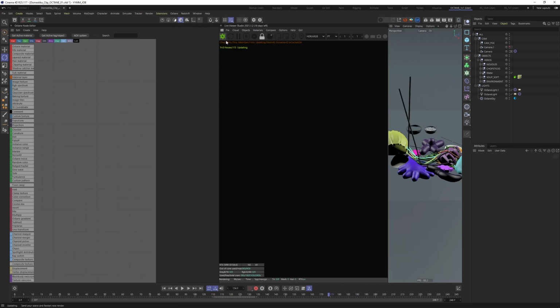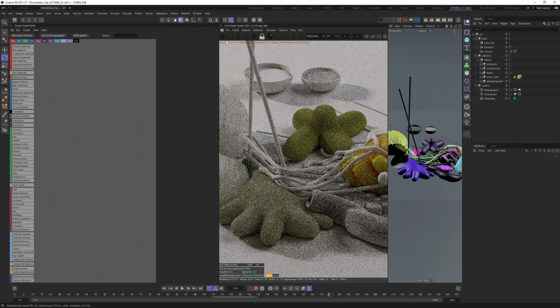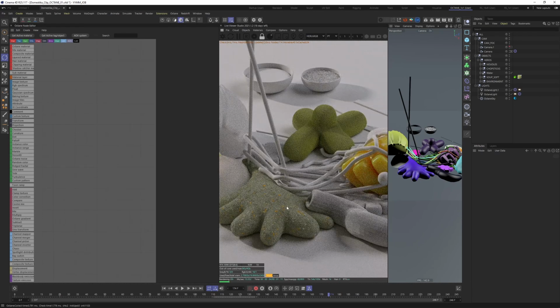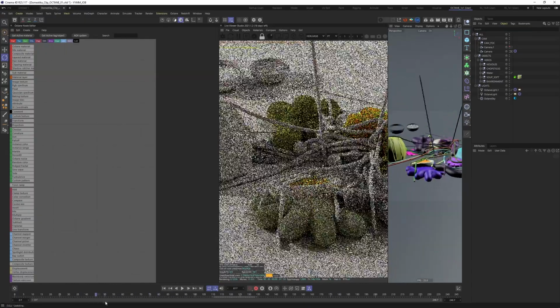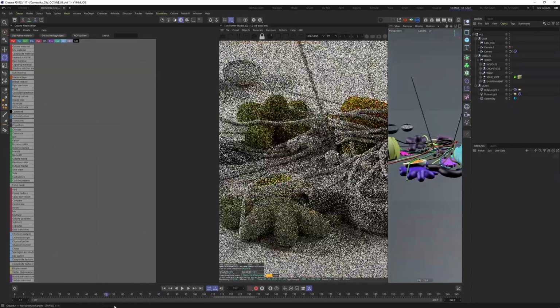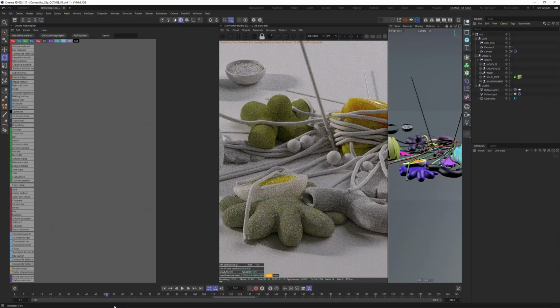Let's put up the IPR and see what we got. Yeah, I worked already on a few materials, but we'll go through that. Let's see. First things first. It's pretty weird that it's rendering the whole frame. And that's what I really love